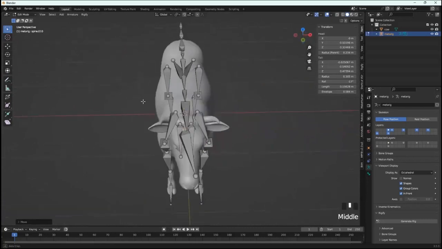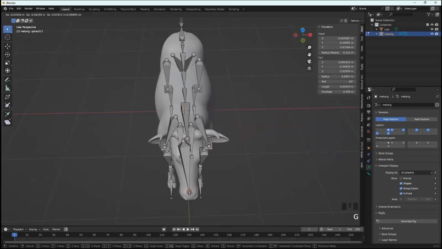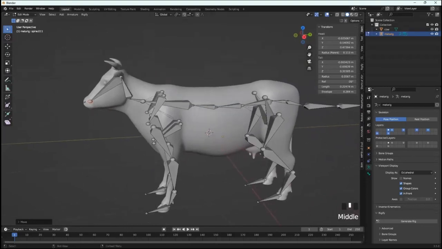Always look through in front, because straight away we've moved it off. So we do a G and move it across. So now it's in the top of his head. One thing you can do is come up to the top